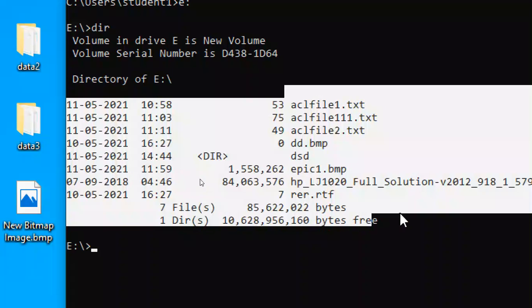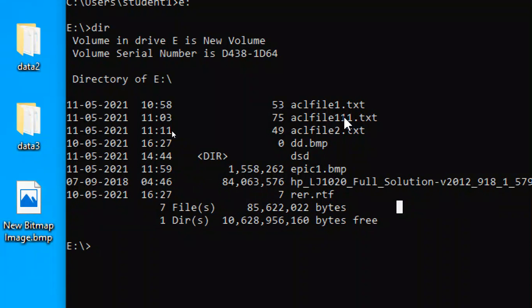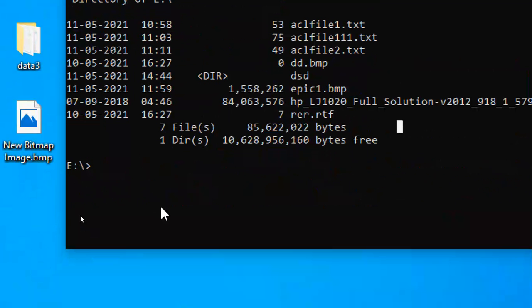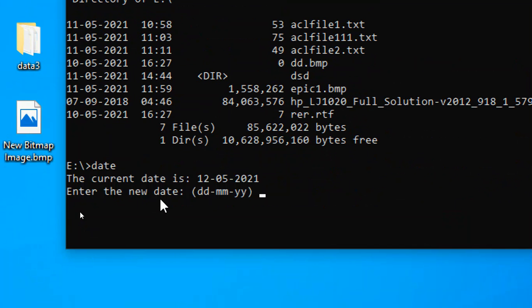It will display all the files, folders, and everything. Now what I am going to do is one by one we'll do it. Like Linux date. If you put a date command, it displays the date and also it asks you to change the date, new date. Now if you don't like it, put Ctrl+C. So Ctrl+C means like cancel, right? date /t, date /t means,